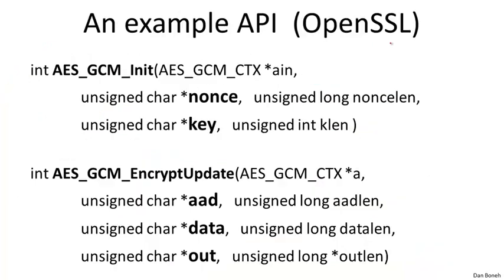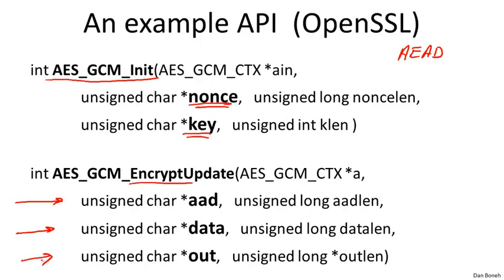So I wanted to show you what an API to these authenticated encryption with associated data encryption schemes look like. So here's what it looks like in OpenSSL, for example, just as an API for GCM. What you do is you call the init function to initialize the encryption mode, and you notice you give it a key and the nonce. The nonce, again, doesn't have to be random, but it has to be unique. And after initialization, you would call this encrypt function, where you see that you give it the associated data that's going to be authenticated but not encrypted. You give it data that's going to be both authenticated and encrypted, and it gives you back the full ciphertext, which is an encryption of the data, but of course does not include the AAD, because the AAD is going to be sent in the clear.